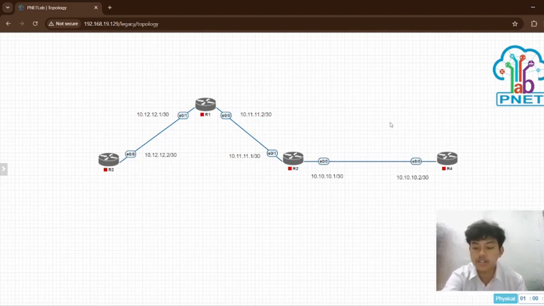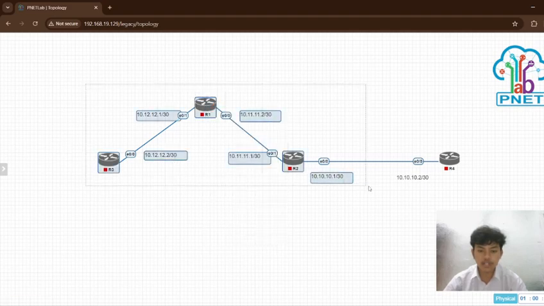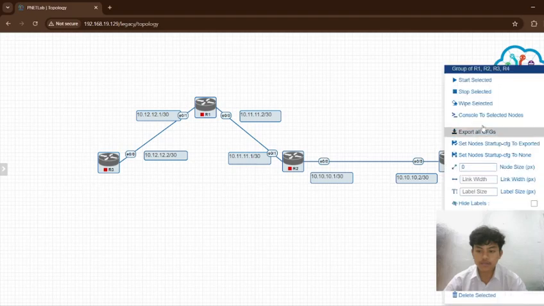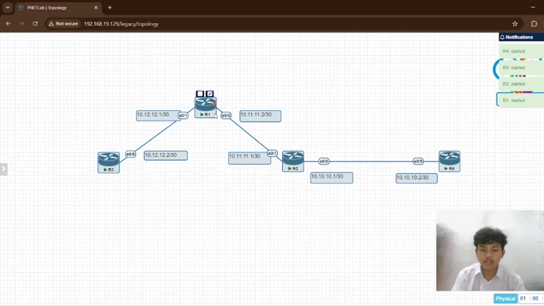First, you can create the topology the same as this.